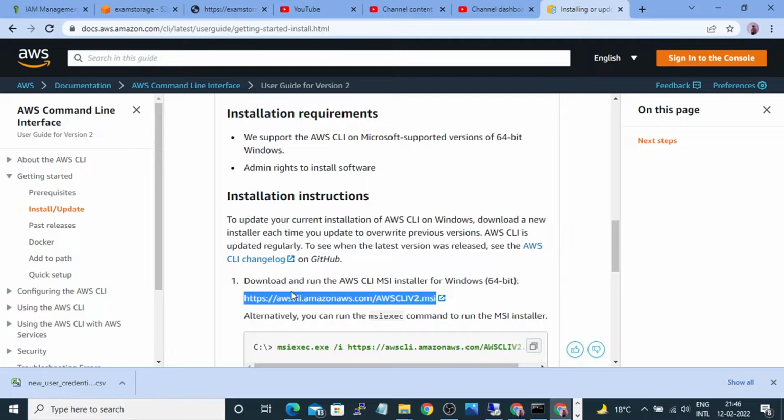document, you will see there is a link given, https://awscli.amazonaws.com awscliv2.msi. You click on this link and it will automatically download the MSI installer for AWS CLI on your Windows machine. Once you download this, you will run this AWS CLI .msi installer, and it will